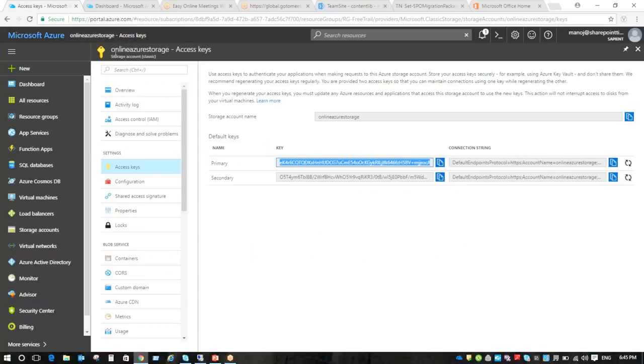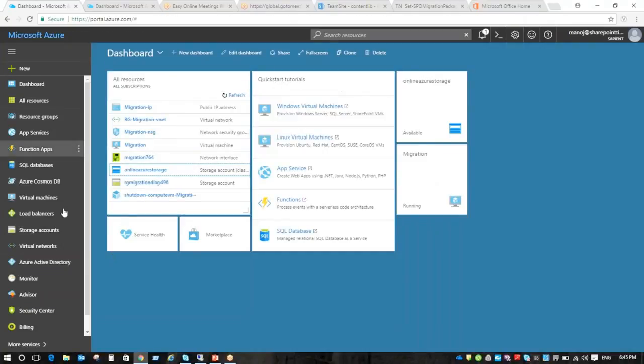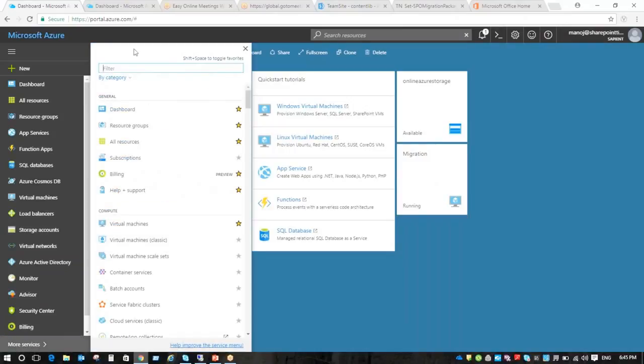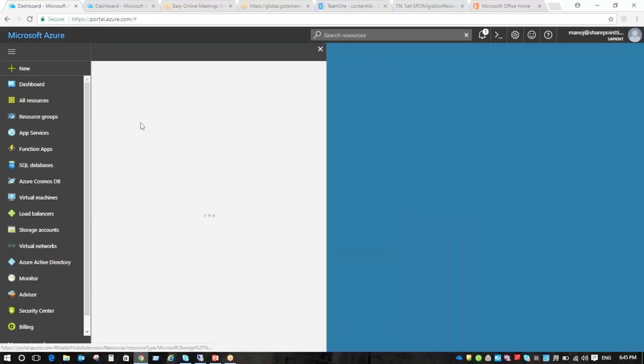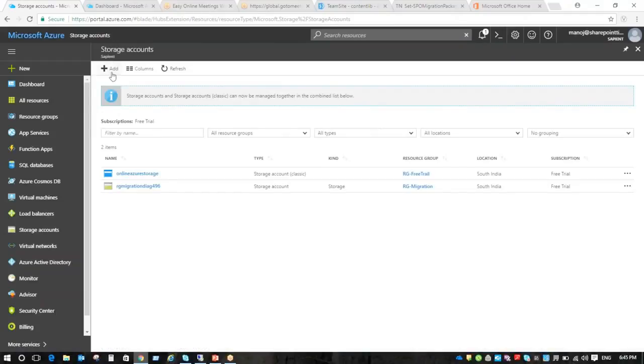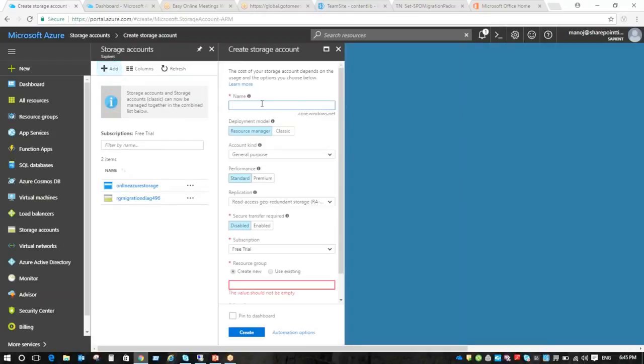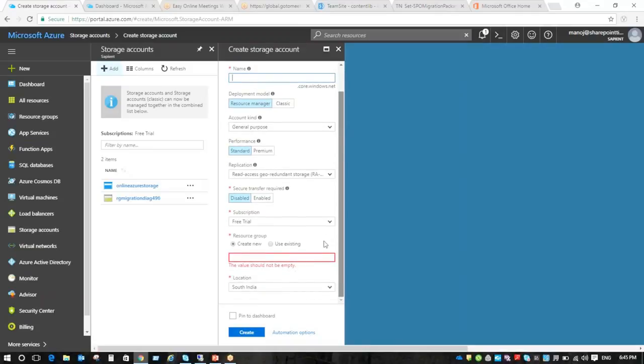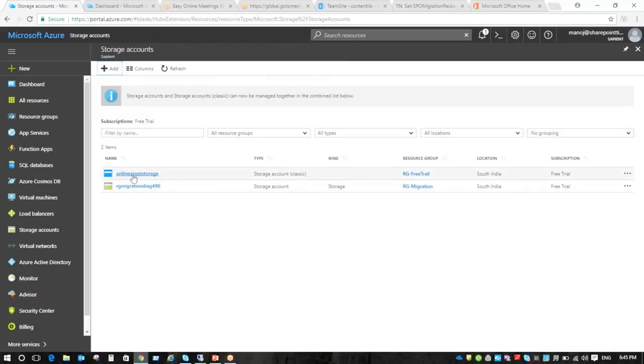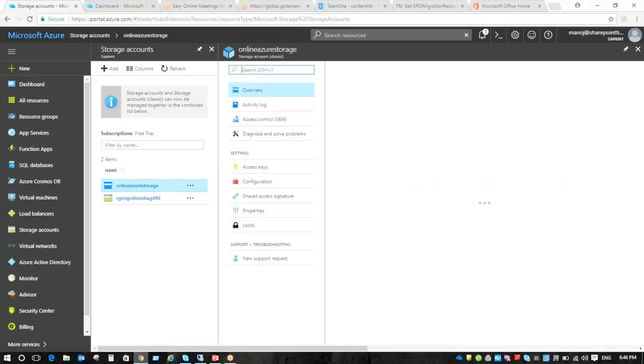See, the Azure account name is where we are going to upload the content in the blob storage. So this is nothing but the storage account that you are going to create in Azure. If I show you under my storage, here we can create the storage. Under the storage, you can create any storage account. If I go here and just add any storage name, like ABC, we can create it. Because this goes for a cost, resource locations and all these parameters need to be defined. Similarly, I created one with the online Azure storage. So this is the Azure account name where we are going to push the files and the packages.